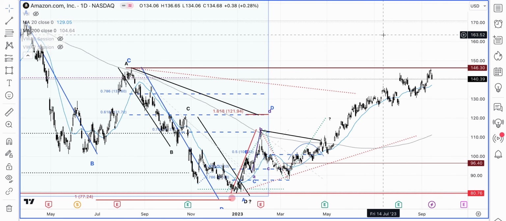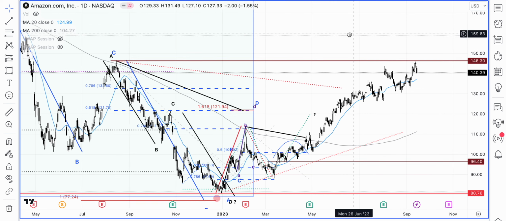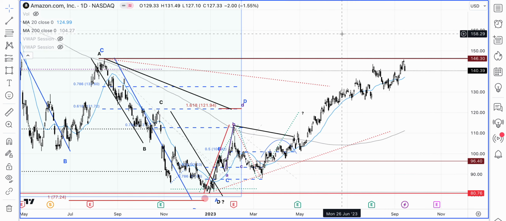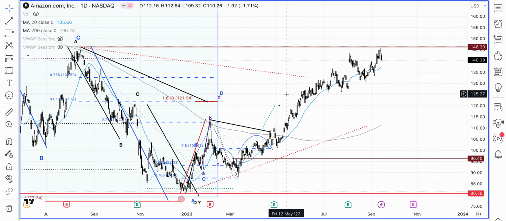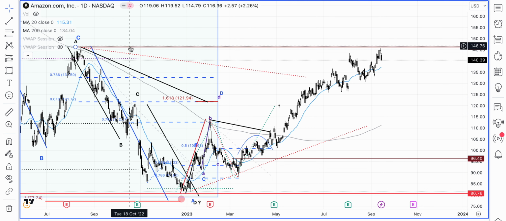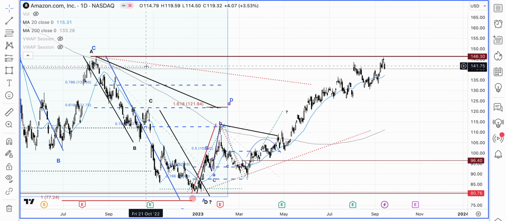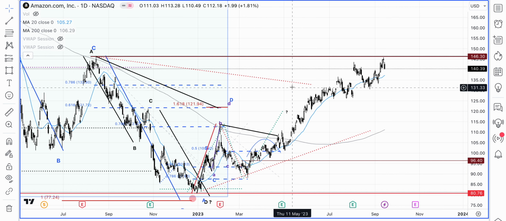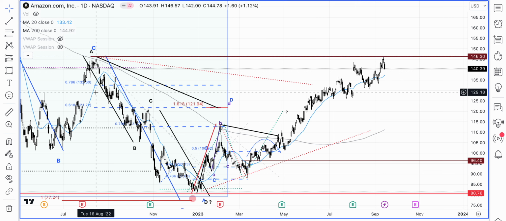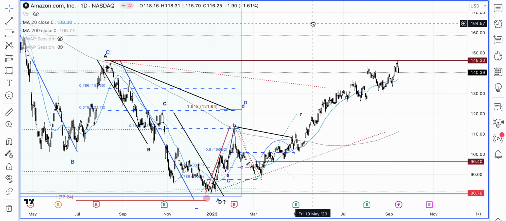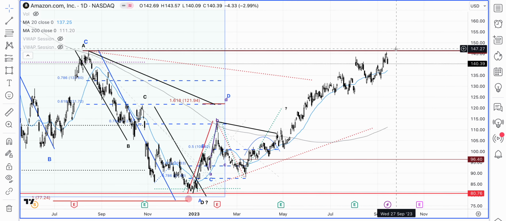Maybe I'll do a special segment at the end of the month where we just cover all these long-term patterns, just to refresh what we were looking at back at that time and how it has panned out. So this stock has rallied, and this stock really likes to do double bottoms and double tops. So we are watching this one really carefully because it did break all of our upside targets, and now it has gone and tested the top coming in from 16th of August 2022, so a little over 1 year ago. And if the price action begins to fail here, and this becomes a confirmed double top,